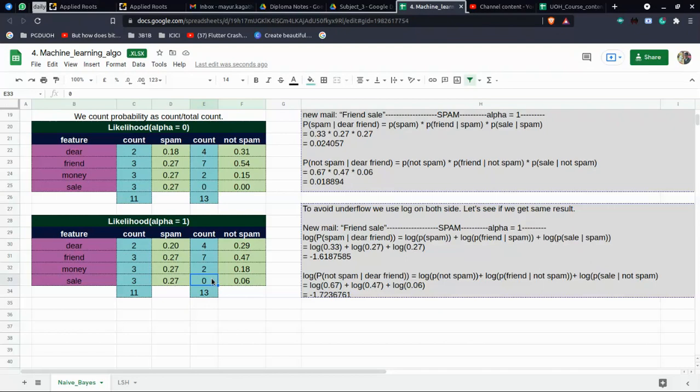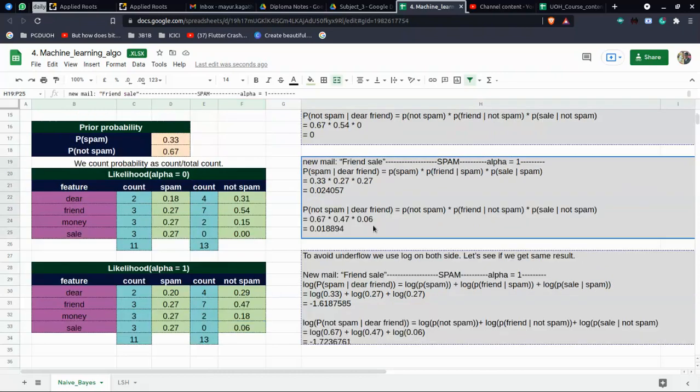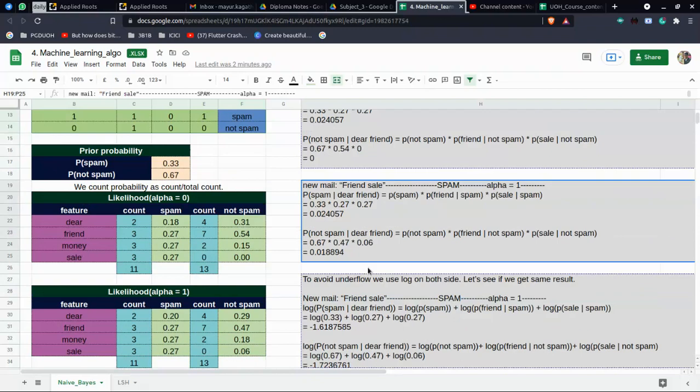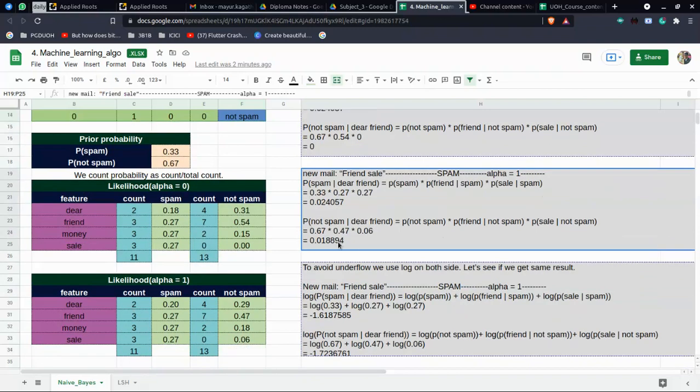Now if I have 0, I'm adding 1. So 0 plus 1 is nothing but 1 divided by 17. So I'm having 1 divided by 17 here. Plus 4 divided by, and rounding to 2, 0.06. So I have a very small value, not 0, right? If I take log, it would be a very small value, but not infinity or 0. If I take multiplication, the value would be very, very low. But at least it's not 0, right? So I will decide it's spam.